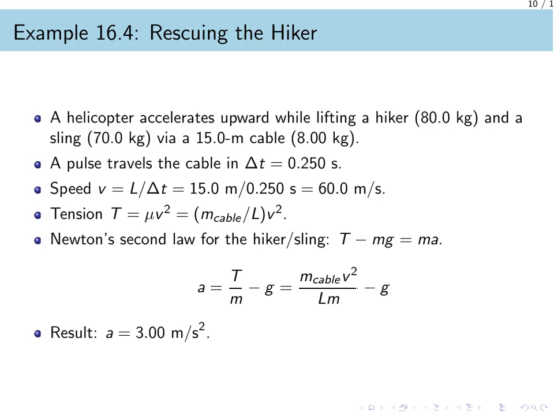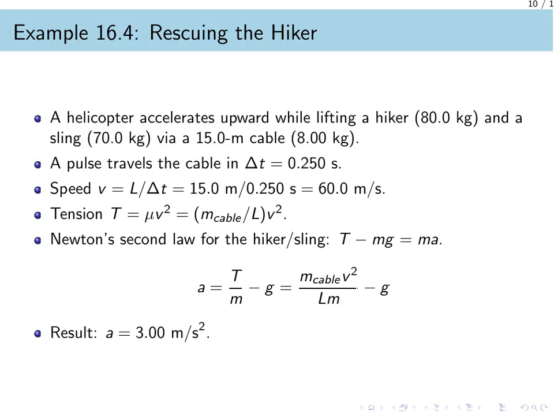0.250 seconds. From this, we calculate the wave speed as length divided by time, which is 60 meters per second. We know that the tension in the cable is the linear mass density times the square of the wave speed. By applying Newton's second law to the hiker and sling, where tension minus weight equals mass times acceleration, we can solve for the helicopter's upward acceleration. Plugging in the values for the cable mass, hiker mass, and wave speed, we find the acceleration is 3 meters